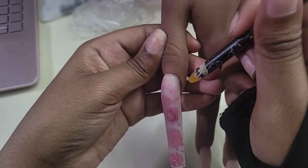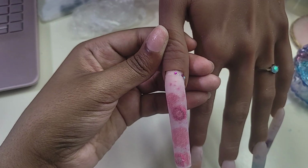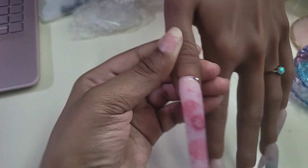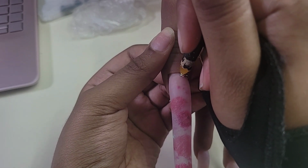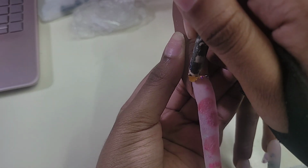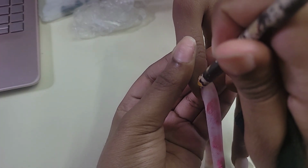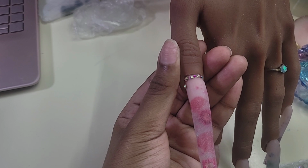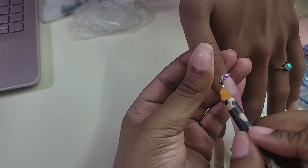And I'm going to stop this voiceover right now to try to remember what I was going to talk about. Right, so I wanted to mention that the best way to quickly get the dust off, since you can't really brush this because of the material it's made out of, don't expect to be able to brush the dust off if you get this hand, because that's not how it works. Okay, everybody in the Amazon reviews was so mad about the fact that you couldn't brush the dust off, and it's like, girl, look at the material it's made out of. Obviously you cannot brush the dust off. It's really soft and like rubbery silicone type material. So yeah, you're not gonna be able to get the dust off without